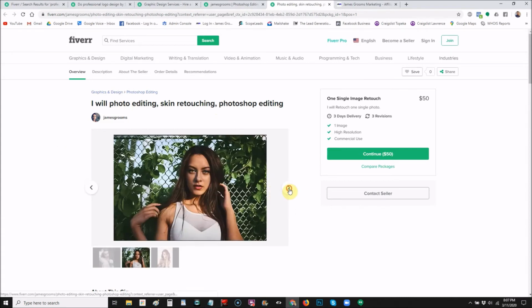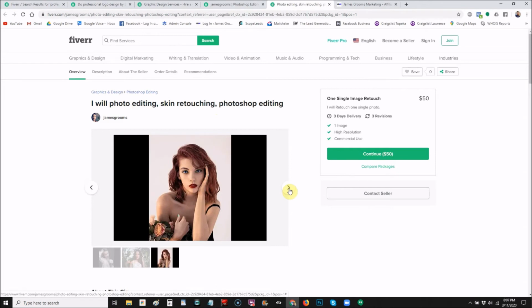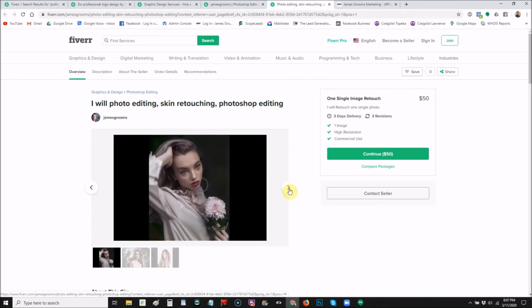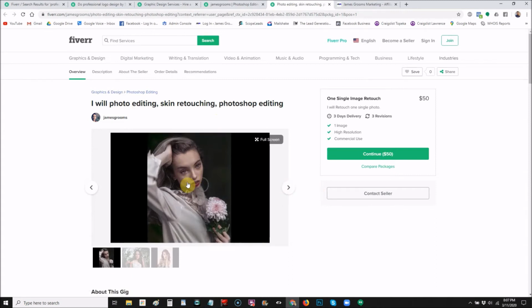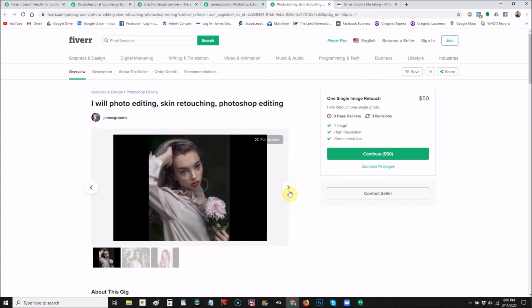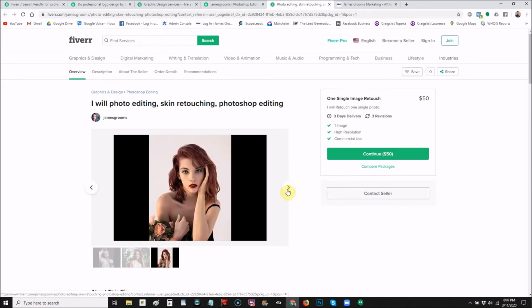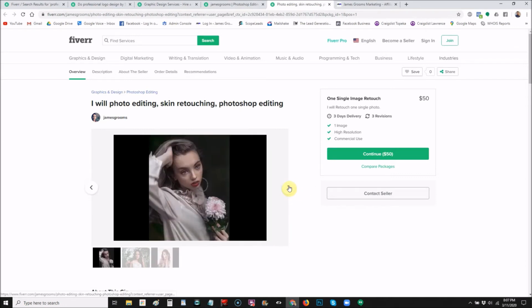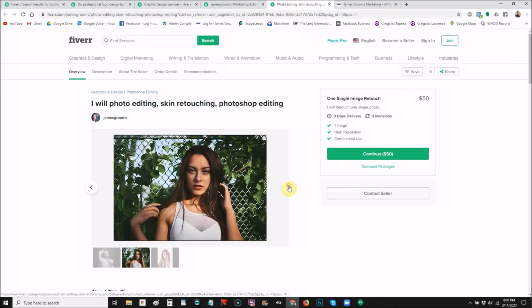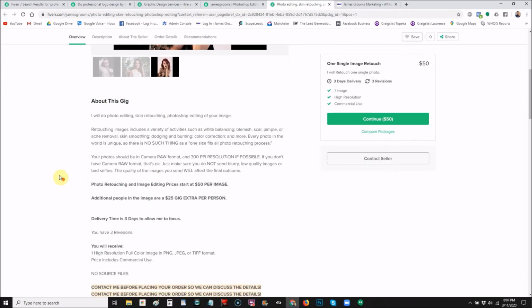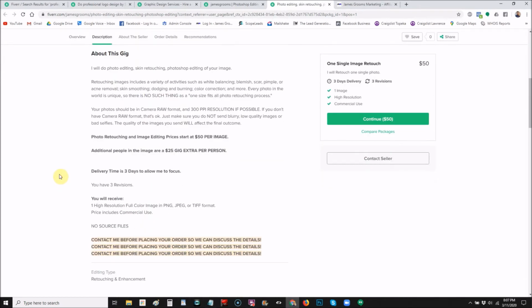Now here you've got different pictures. These are pictures that I uploaded myself just as examples. These are photos that I retouched. I did skin retouching and then color grading on this image. Same thing on this image. I did skin retouching, blemish removal, acne, scar, pimple removal, and then did some color grading. And then the same thing on this. And then I just uploaded these as example photos so people can get an idea of the type of work that I can do. And then here in my About This Gig section,